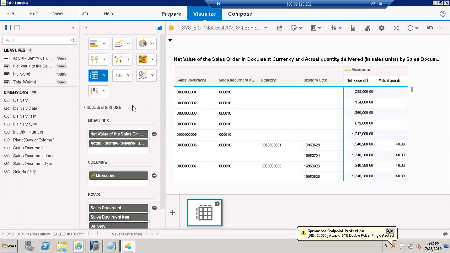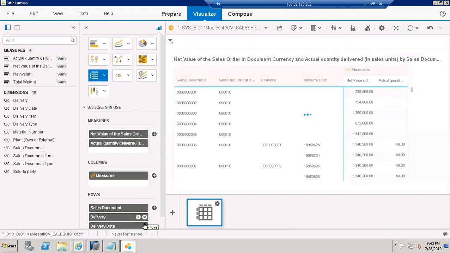Now I will try to reduce a few things here. I would not require the sales document item. Let me remove this. Okay, date also, I hope date also is